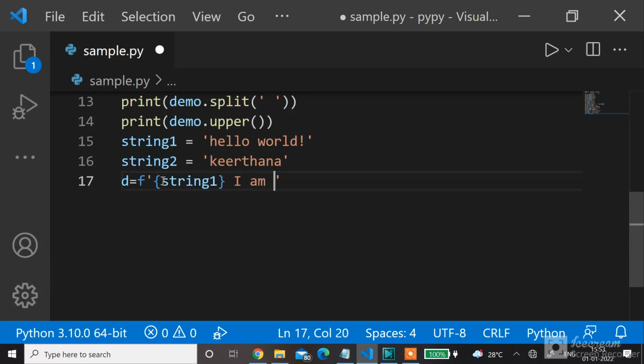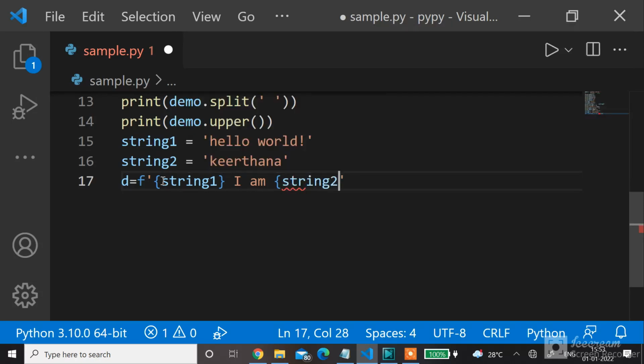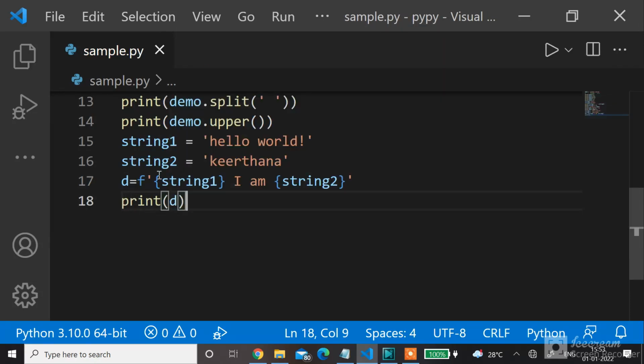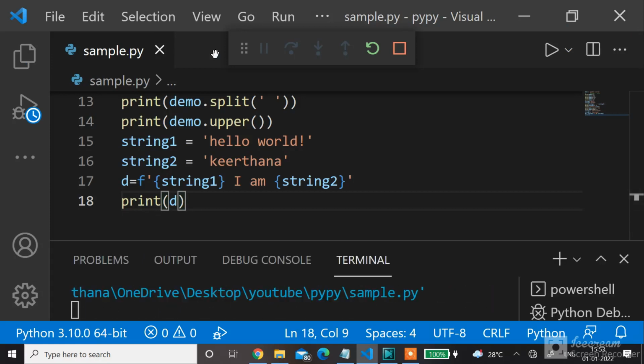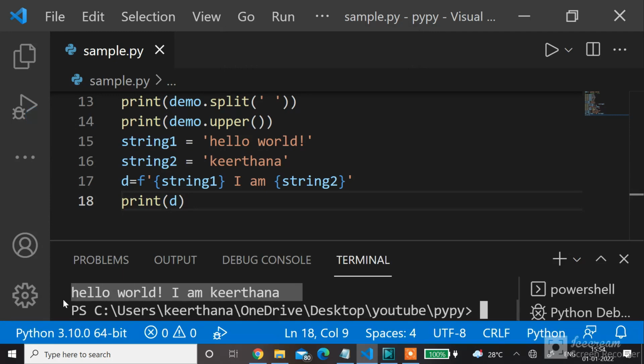Then continue with the words that you want, I am. Now open the brace, string 2. Now run the file. You see the output as hello world, I'm Kirtana. This is how string format works.